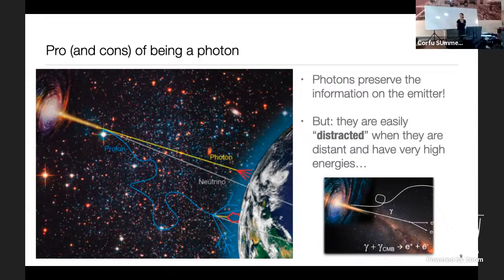This is one of the ways in which we study quantum gravity, actually, with photons, studying the interaction of the photon on its way. Therefore, there is a sort of gamma ray horizon in which, if you go too far, the probability of detecting a high energy photon from a distant source becomes too small, and you cannot access the far universe with gamma rays.